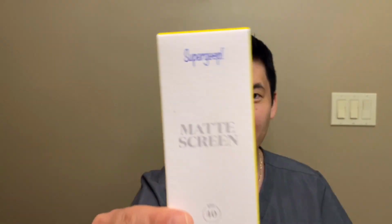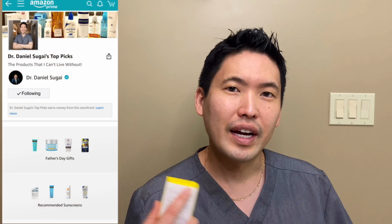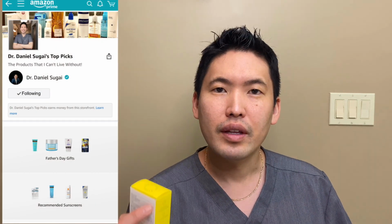I wanted to start doing product reviews, and one of the first products I was very excited to review would be Supergoop. I've never tried Supergoop, it's been out for some time. I heard about it recently from you on social media. Also my physician assistant colleague, Gina, brought this up and was wondering if I had this on my Amazon storefront. There are not a lot of Supergoop products on Amazon, unfortunately, but I did purchase this on their website,